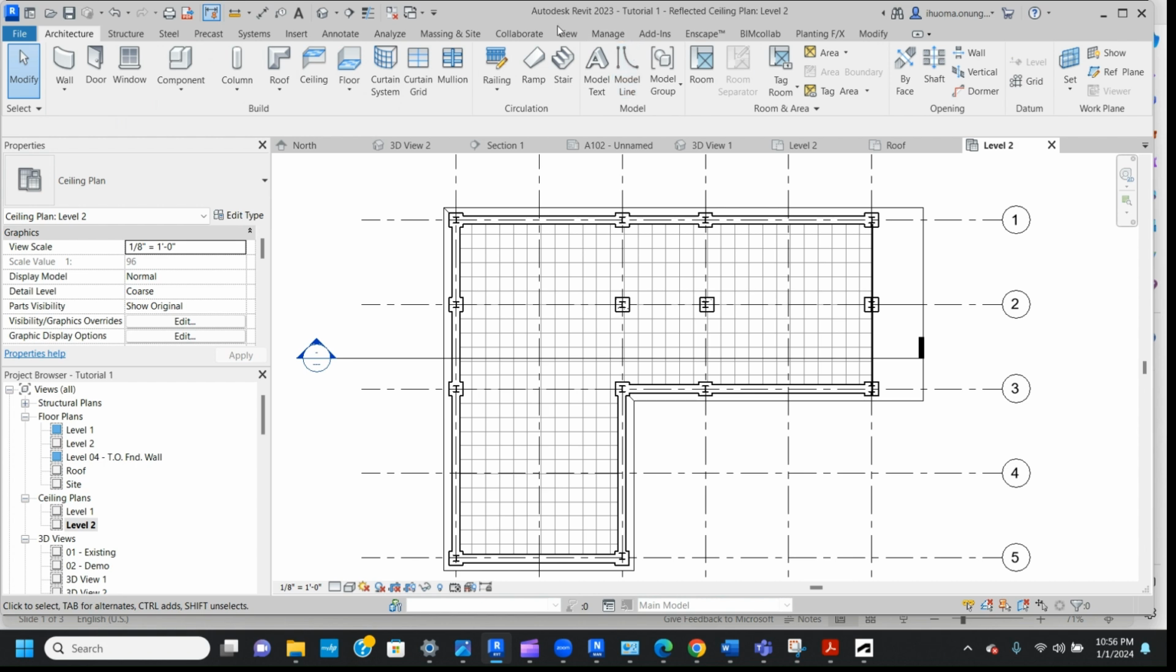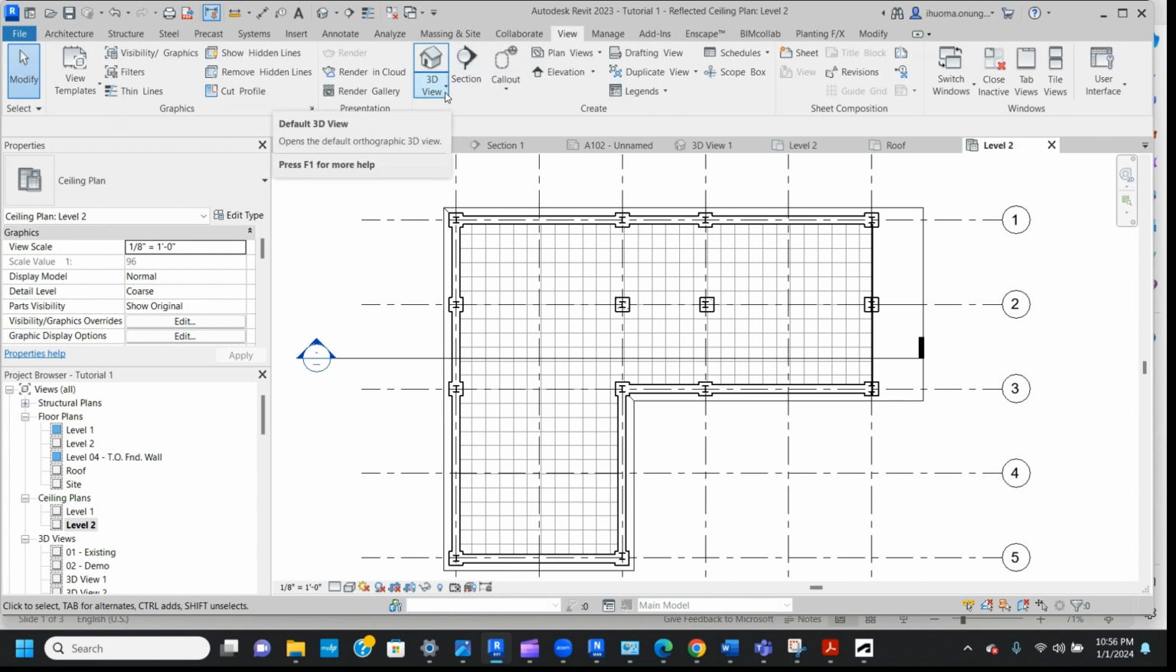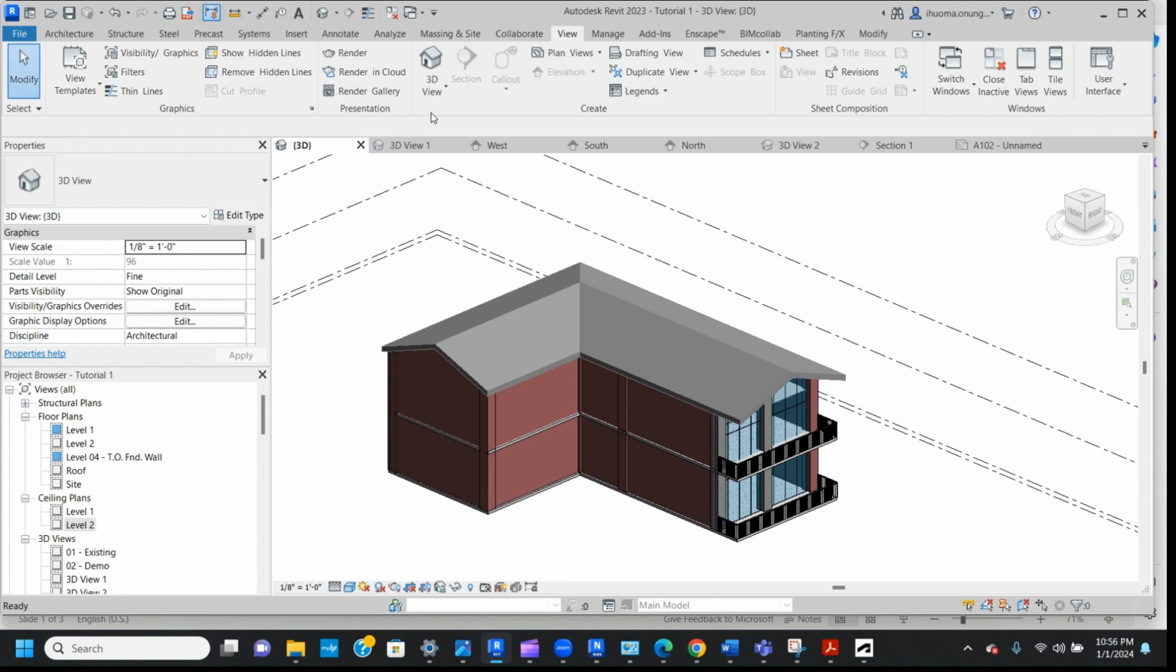So in this lesson, we have been able to learn how to create floors, how